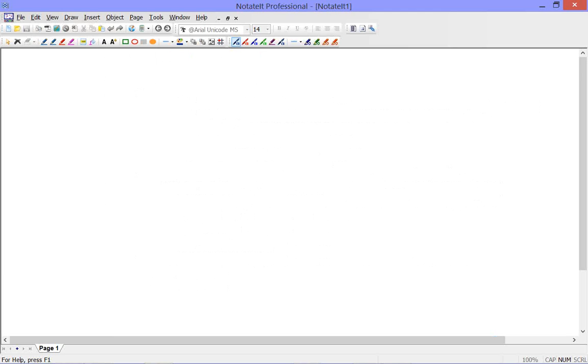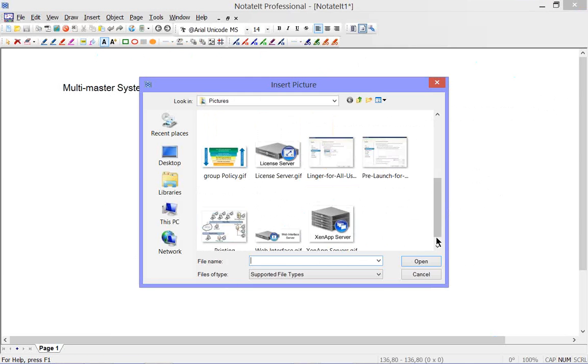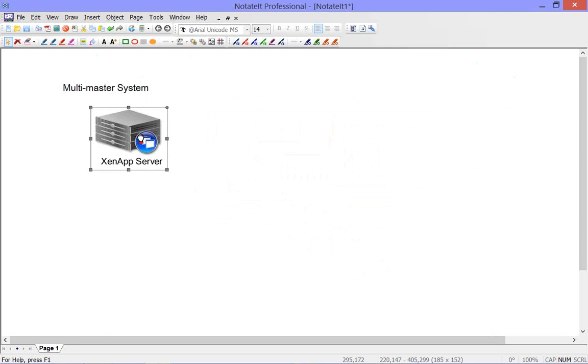I'm going to bounce over to a whiteboard program and diagram something for you very quickly, just to show you where the difference is in the system. We have what's called, in XenApp 6.5, a multi-master system. In the multi-master system, you would have multiple XenApp servers inside of your environment, and you needed to ensure that if you installed an application on the machine, so if I installed Microsoft Office